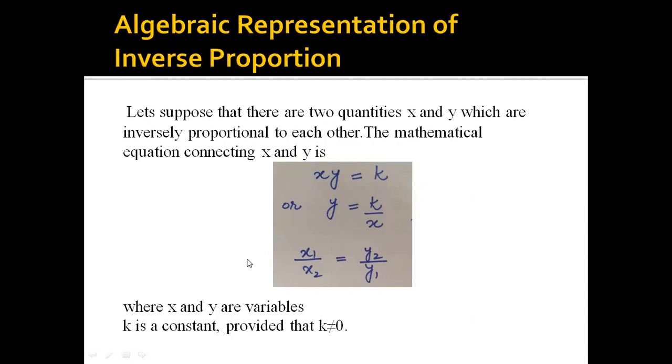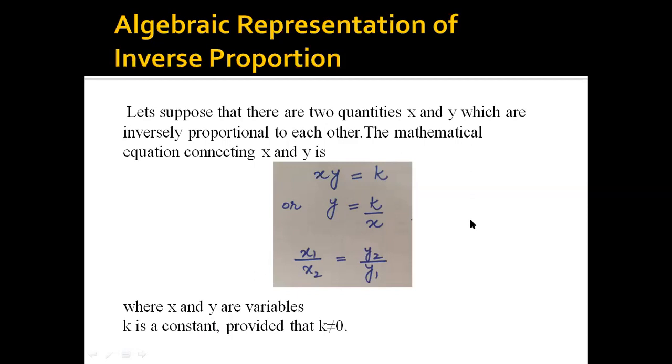The second equation that connects the two variables is x1/x2 = y2/y1. I repeat, x1/x2 = y2/y1. x and y are the variables, k is a constant provided that k is not equal to 0. The same reason, if we put k equal to 0, the value of y will become 0, which is